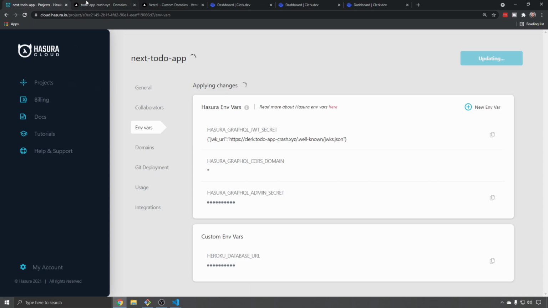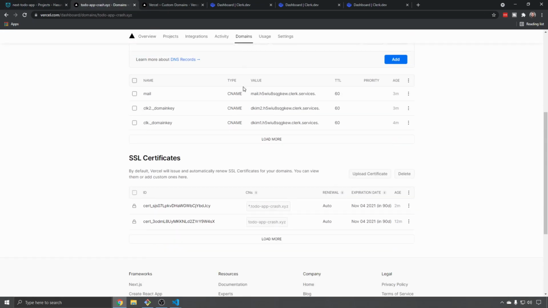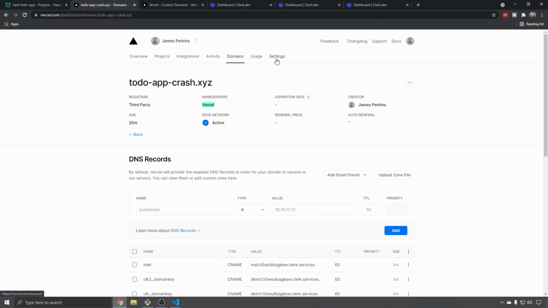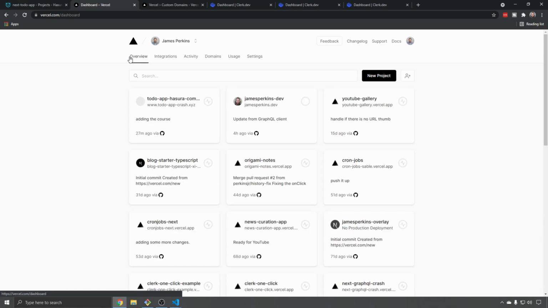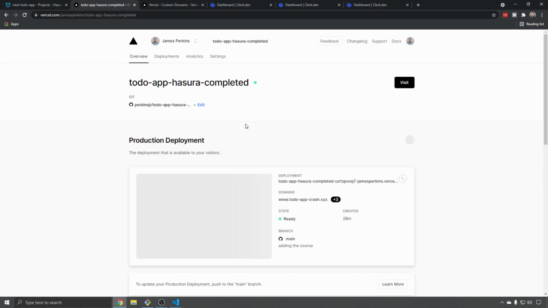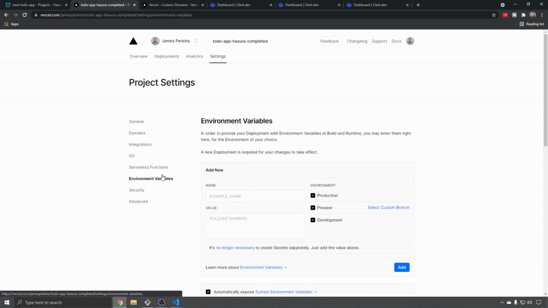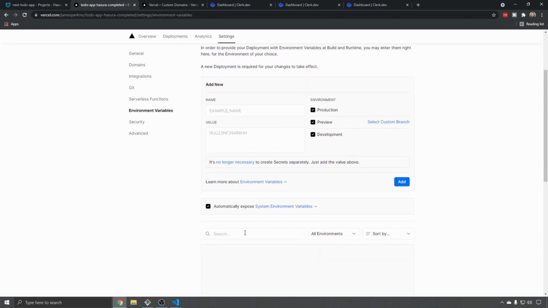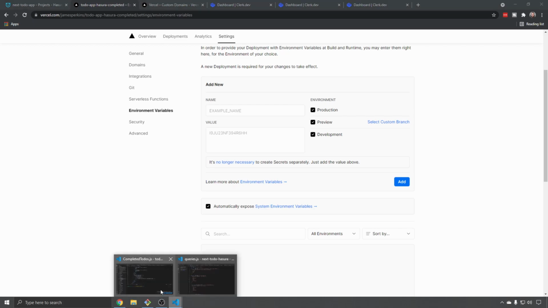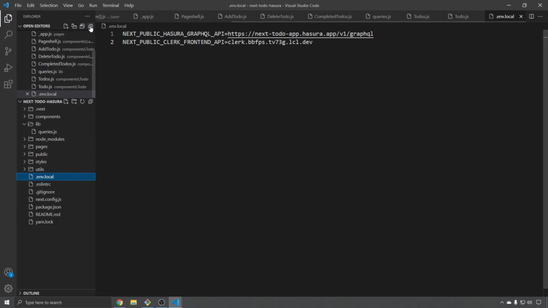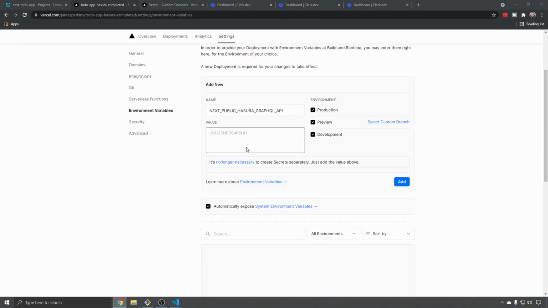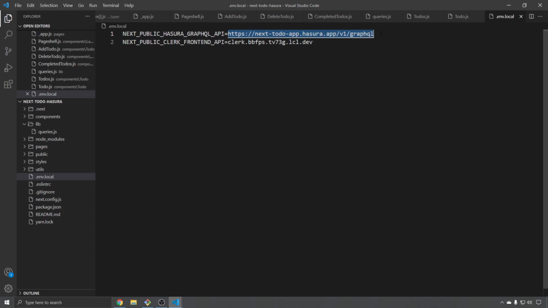Now we've updated this, it'll apply those changes. And then the final thing that we need to do in our Vercel integration is to add in our environmentals. So for that, we need to go to overview and find our application here, go to settings, environmental variables, and add the ones that we had previously in our project. So the ones that we had previously obviously don't include the new changes, but we're going to need this one, which will stay the same. So we can add that one really quick. So you can say example name, and then this version,